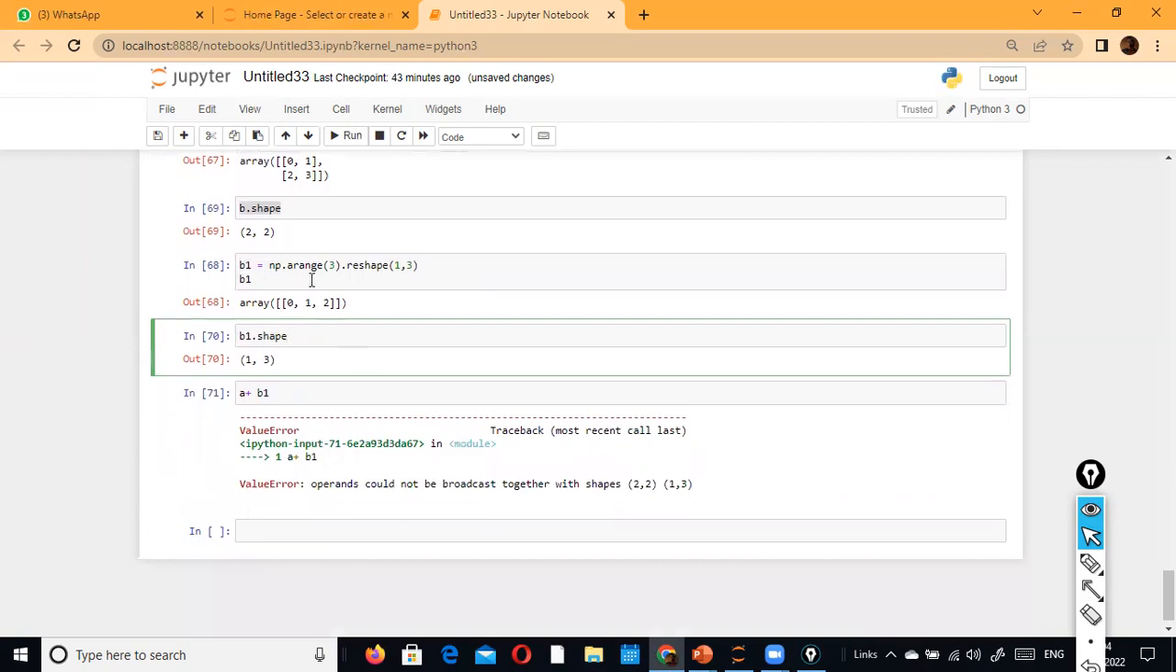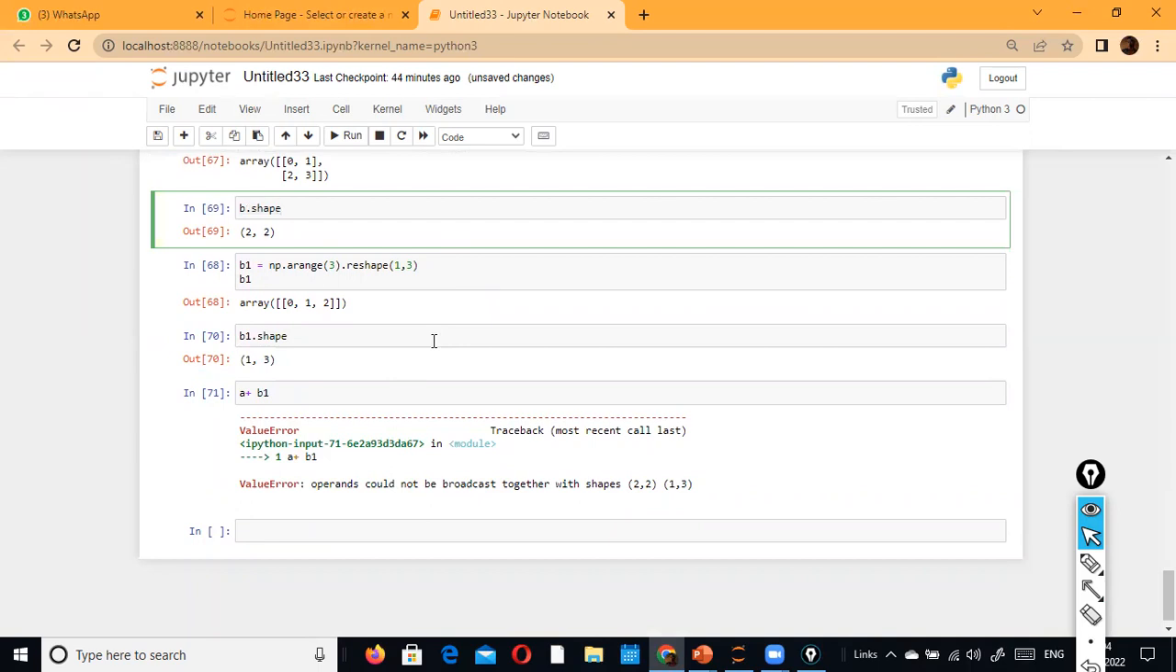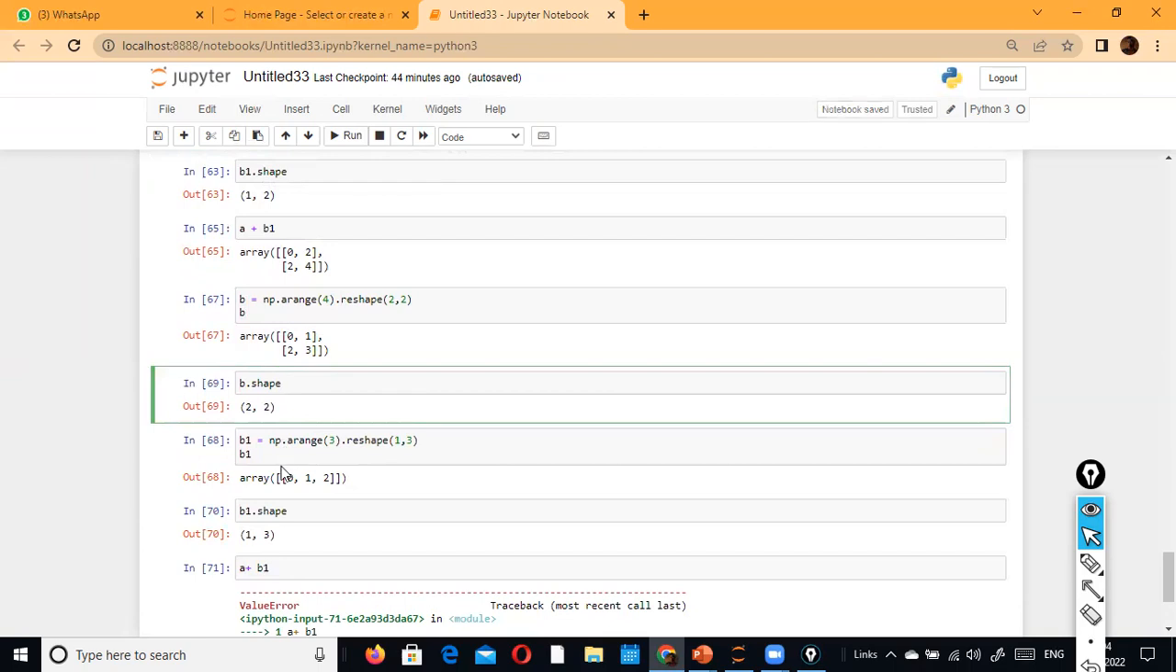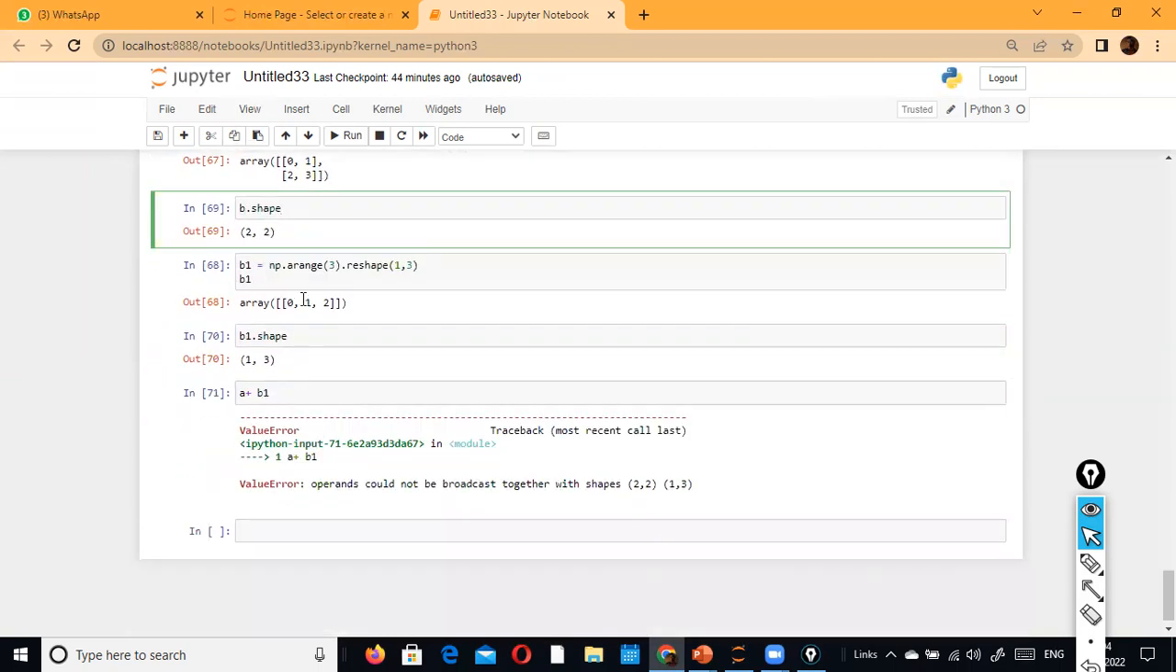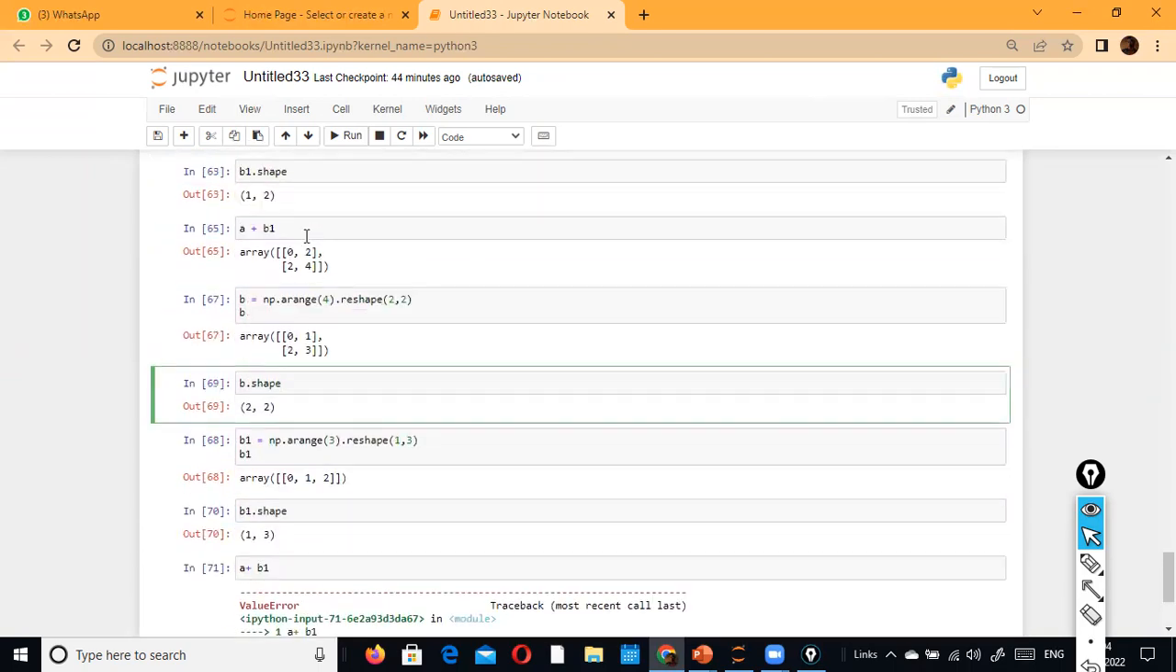So what is the rule? The number of rows in the first array should be same as the number of columns in the second array. Only then the broadcast will work. So in this case, what happened? The array A has the shape, 1 second. The array has,